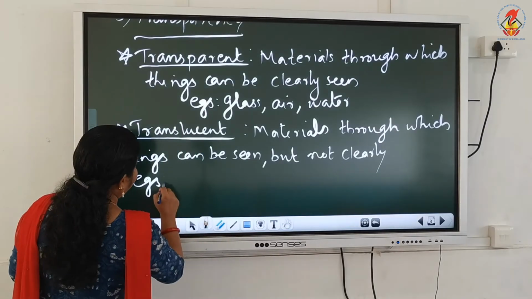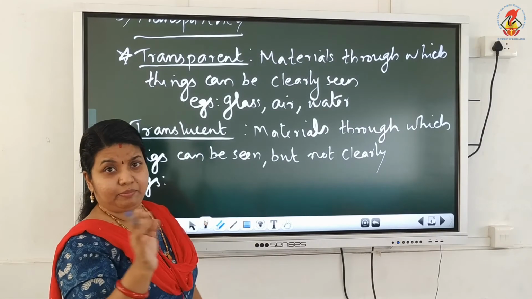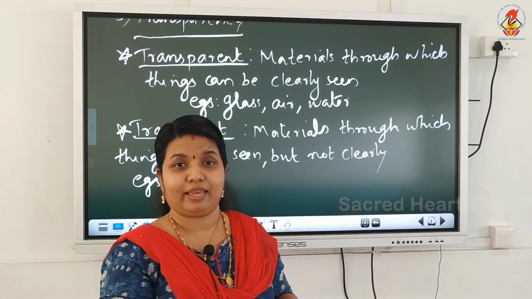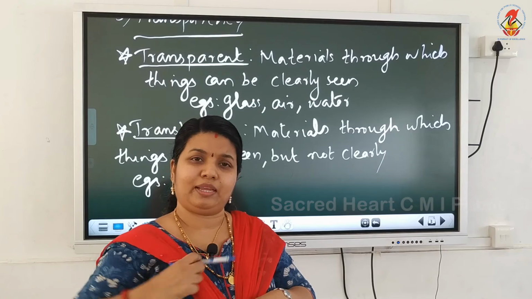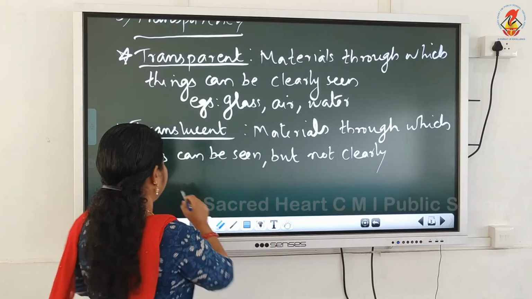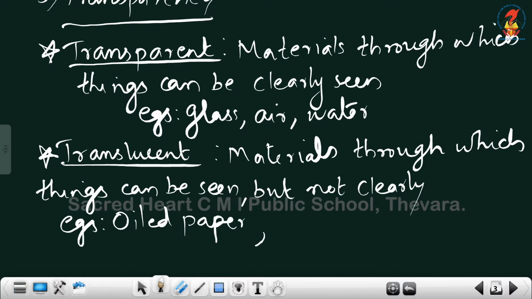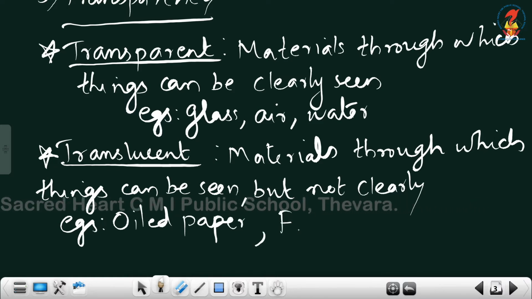Examples you may know, butter paper. The butter paper that we use in cake tins, inside cake tins for baking and all. You might have seen that paper. Or it can be called oiled paper. Oiled paper. Then